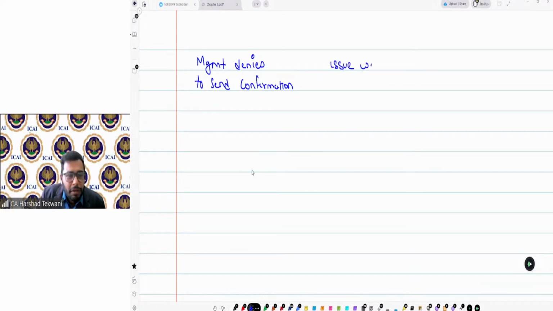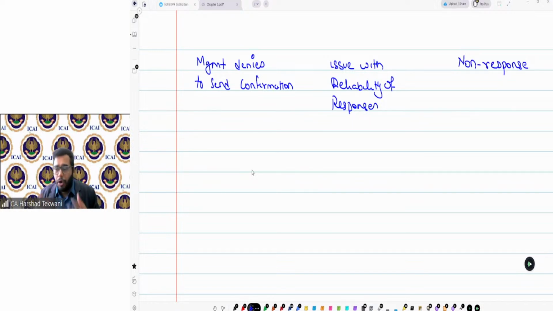Issue with reliability of response means the response that you have received is appearing to be not reliable. And the third issue is non-response, means you have not received a response at all.